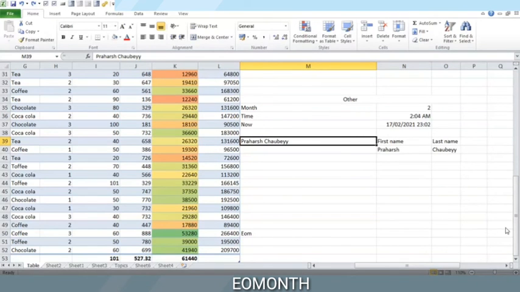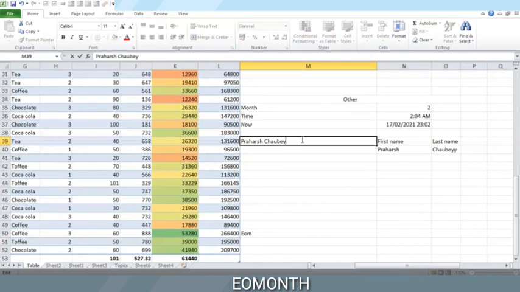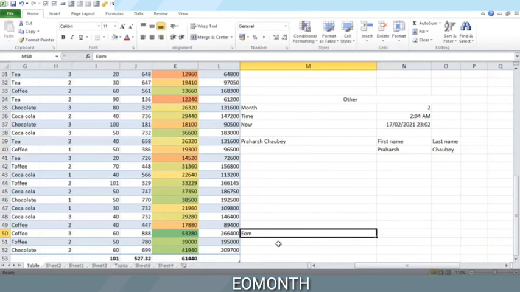Lastly, we'll see the end of month formula here. Especially in advanced applications where we are making, suppose, a table where we have monthly data, but we want data only to be assigned to the end of a month. We want to convert other dates to the date the same as the end of that month. How can we do that? So let us first write a date here. This is in date format.